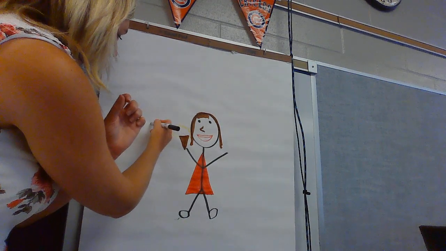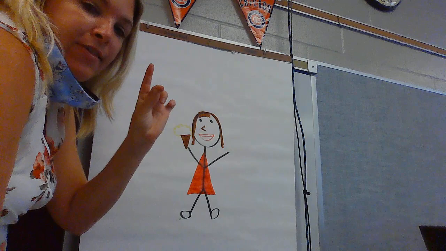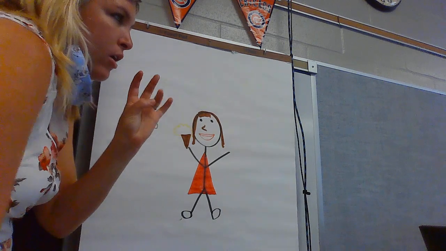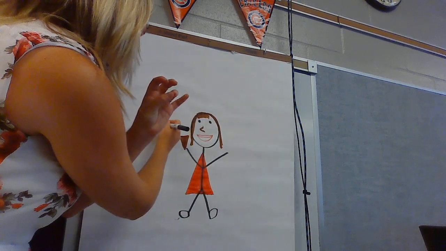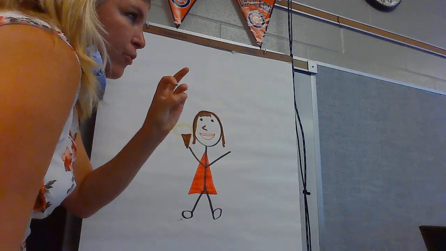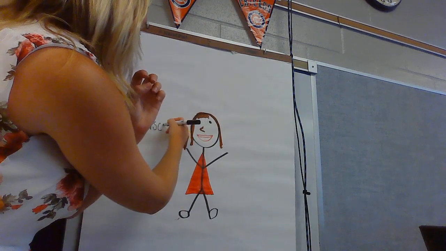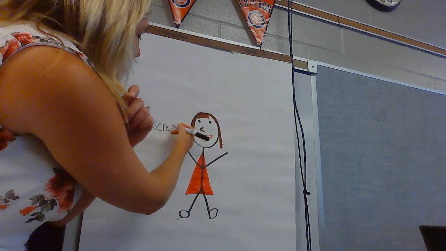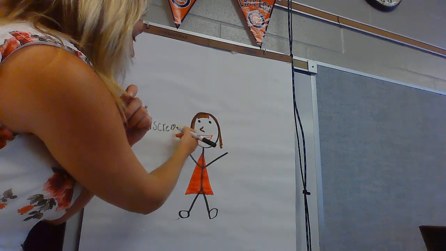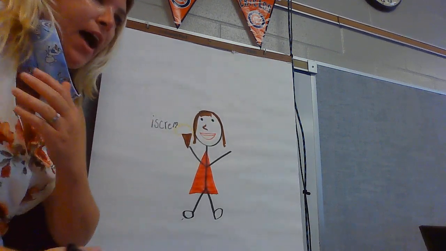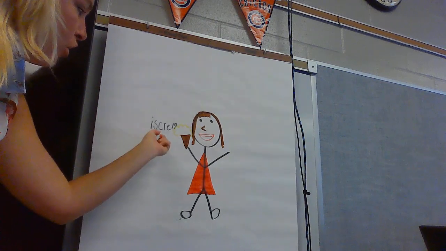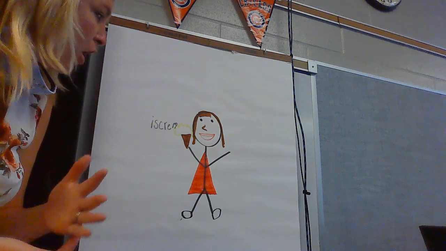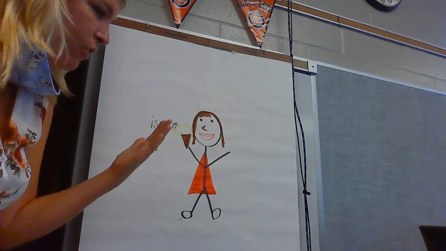So I'd write an I. Ice. Ooh, I hear a snake. Ice. C or a K. R. E. All right. So I know now it's ice cream because as the reader, I can look at the label to help me. Okay? Now another question I might have for our illustrator is I might want to know, who is